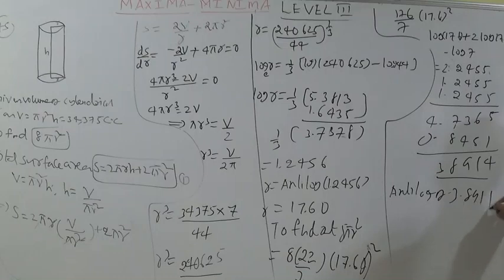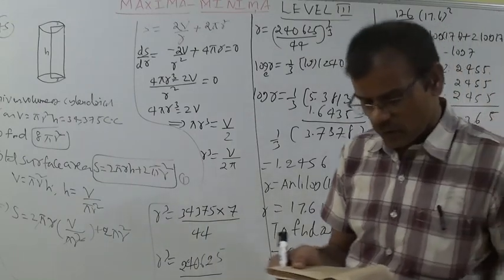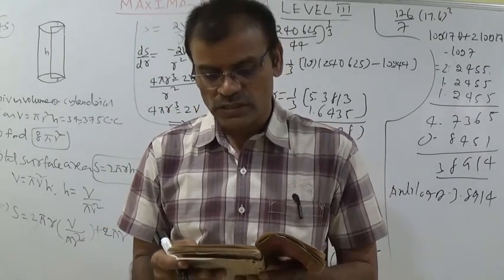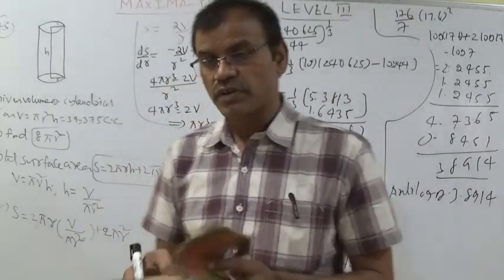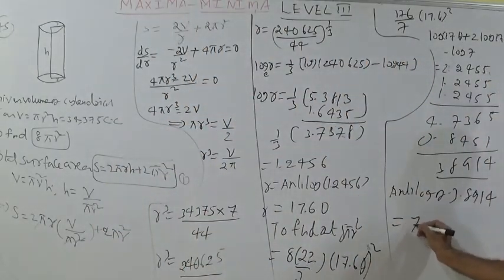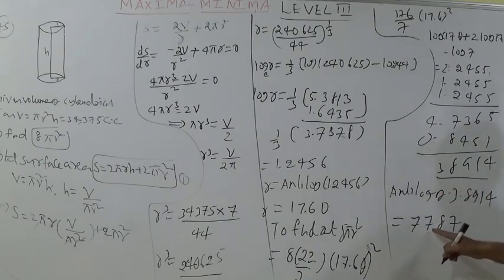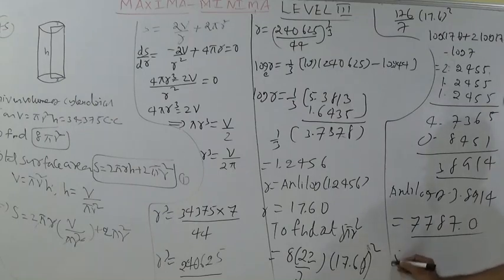Of 3.8914. So, in the anti-logarithm page you should see 0.891, 0.8917 and 4 mean difference is 7, 7787 we got. The value is 7787. 3 is there, no? So 3 plus 1, we should add one. So 1, 2, 3, 4 digits. At last, after 4 digits you put the point. So 8 pi r square value is 7787.